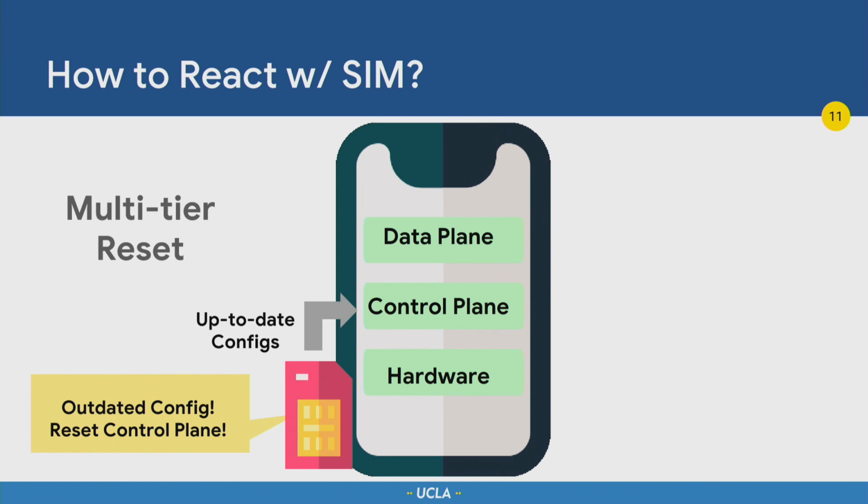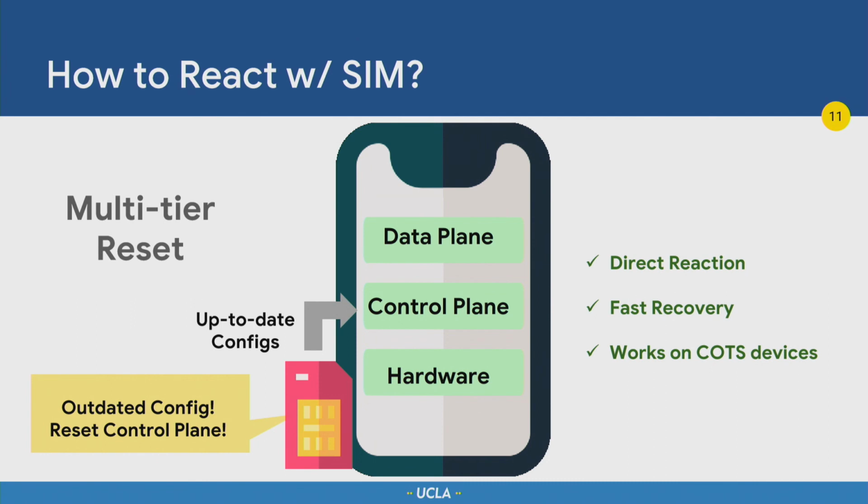And with this scheme, as we can see, compared with timer-based retry or layer-by-layer retry, we can directly pinpoint the failure's level and do a direct reaction. Also, without long intervals or long timers, we can do fast recovery with the SIM card. And all the interfaces to enable this recovery, like resetting the data plane, directly resetting the control plane, or resetting the hardware, are already supported on commodity devices.